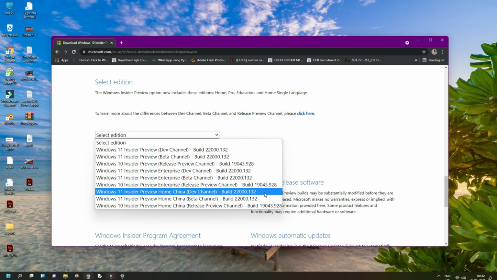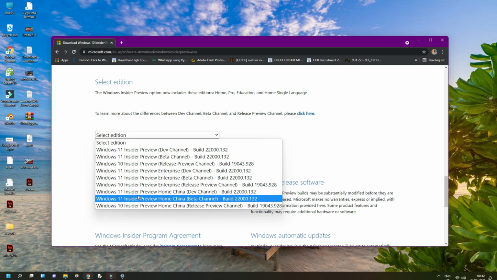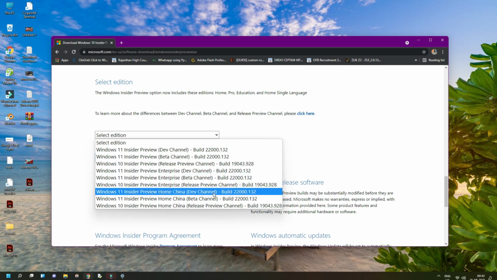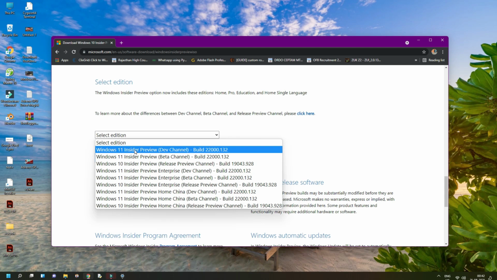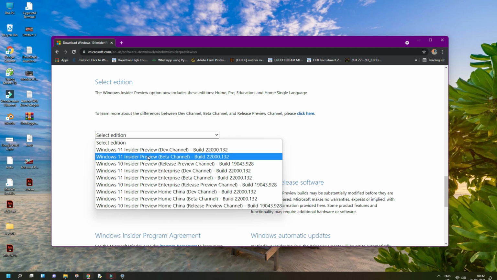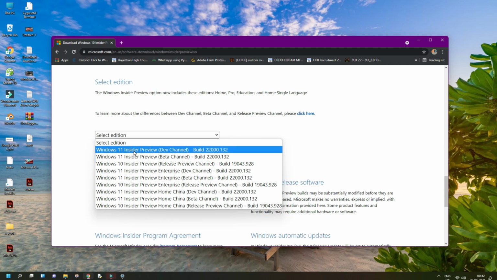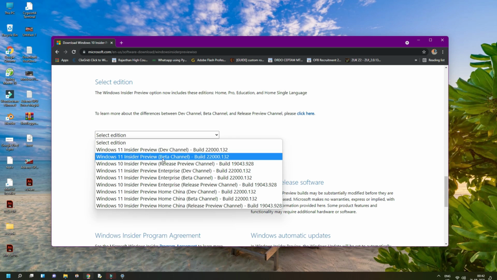Then we have Windows 11 Insider Preview Home. So these are the Windows builds. From here we can download Windows 11 Insider Preview for the developer channel and also for the beta channel.